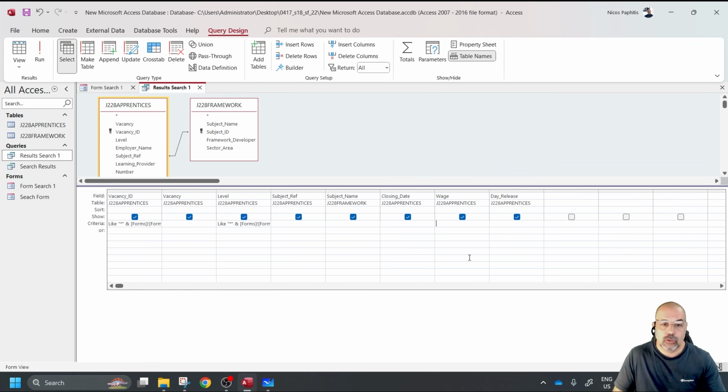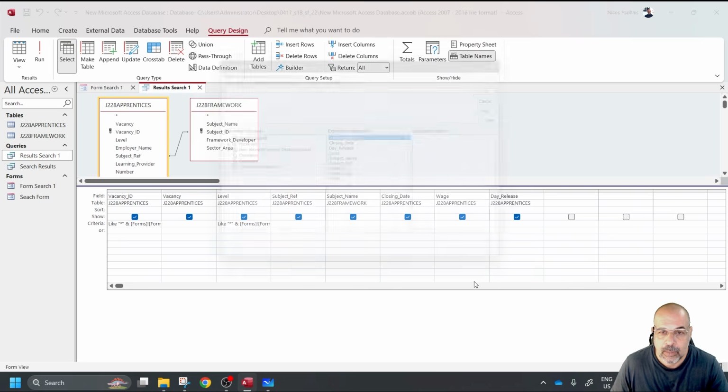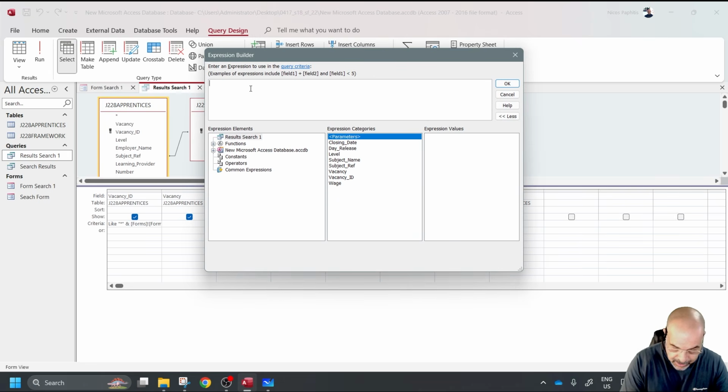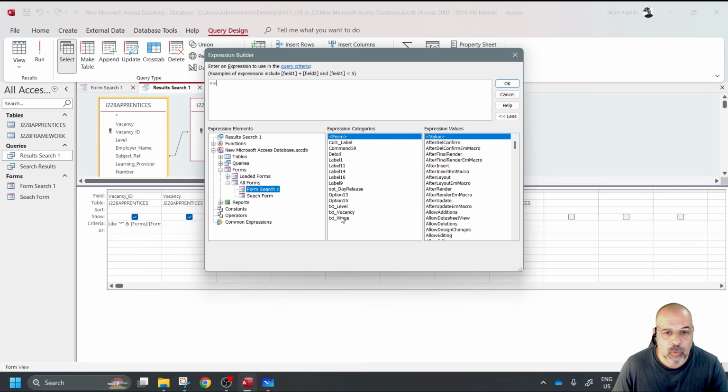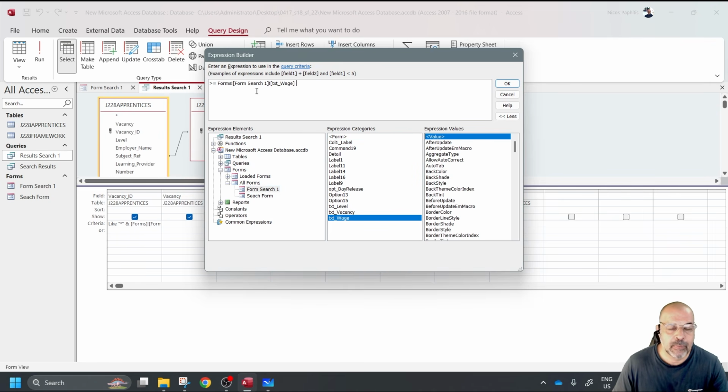Now, there's two ways to do it. I'm going to show you my preferred method second, so I'm going to show you first the method that we've learned up until now. The easy way to do this will be to right click here, build, and I'm just going to say here greater than or equal to, so that it also includes the value that I add. And from here, I'm going to add from my form, my searchable form, form search one, and I want the wage, txtWage, and there we go. So whatever I put in there, it's going to work. So if I click on OK,